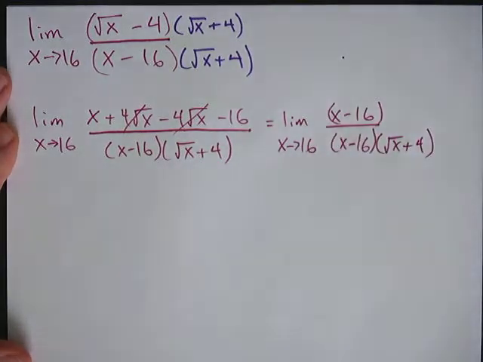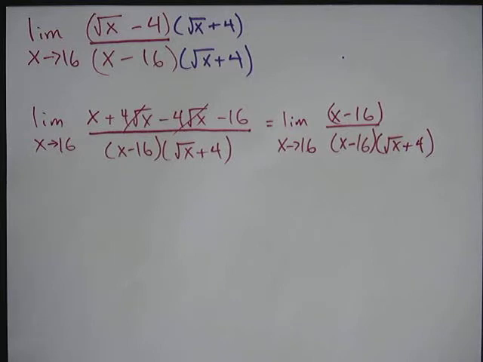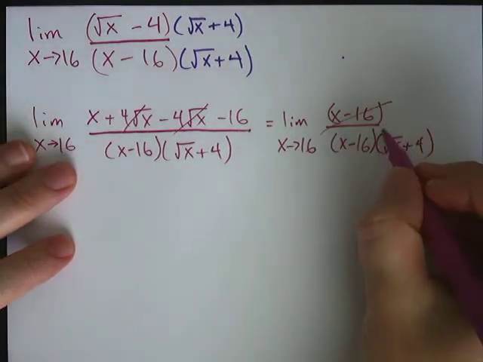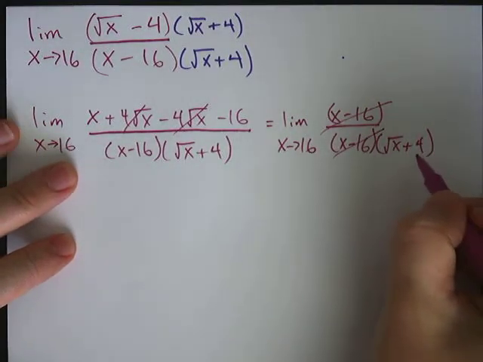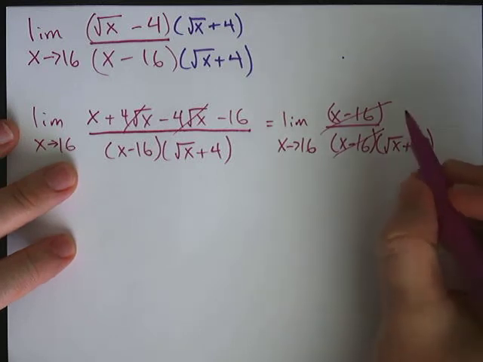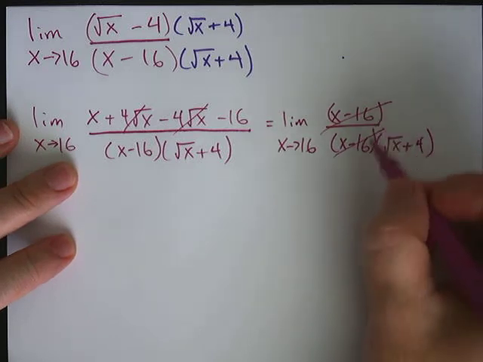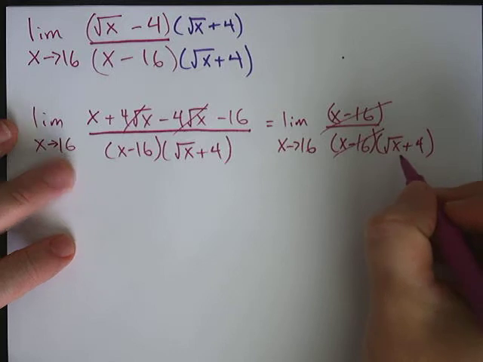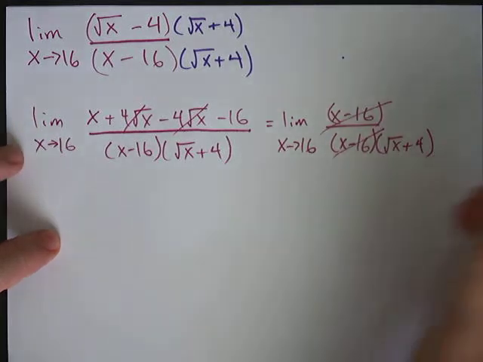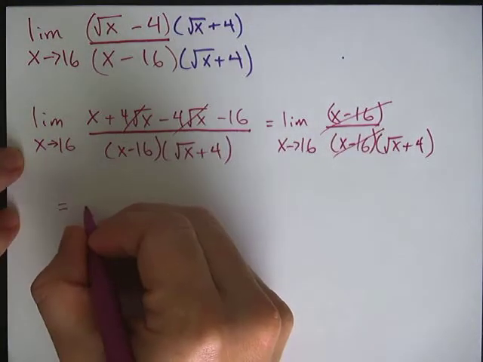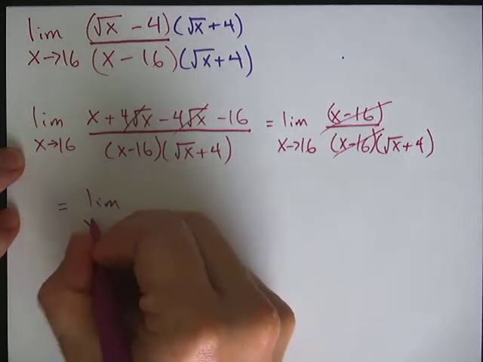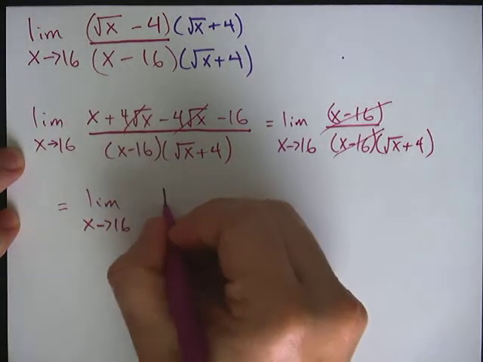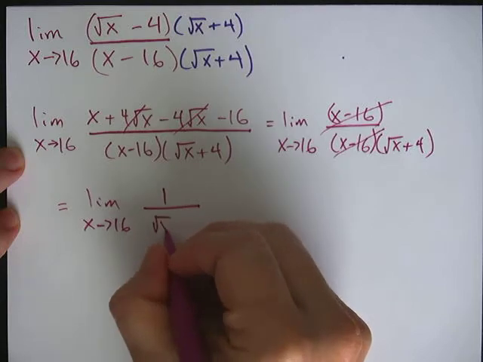Now, this can be reduced, but be careful when you do this, because sometimes I see mistakes happen on this. When you reduce these, the whole thing doesn't turn into just square root of x plus 4. Okay, you reduce it by basically dividing it out, which anytime you divide something by itself, it's left with a 1. So there's going to be a 1 left in the numerator, and the square root of x plus 4 term is still in the denominator. Okay, so this will turn into the limit as x approaches 16 of 1 over square root of x plus